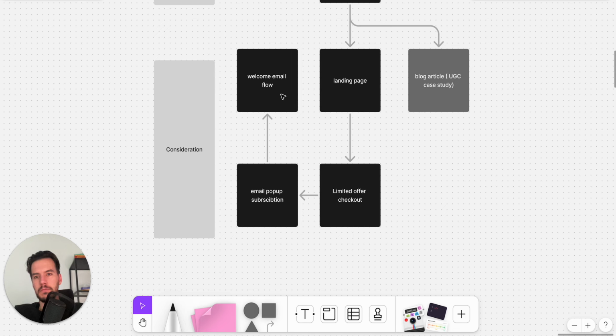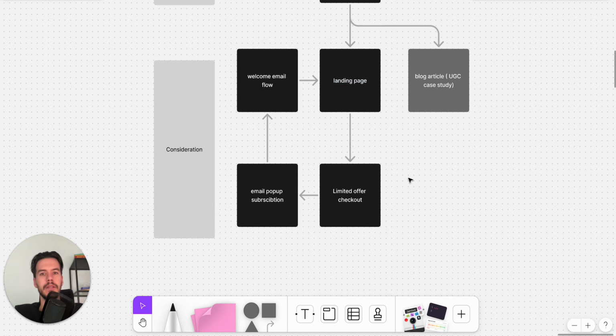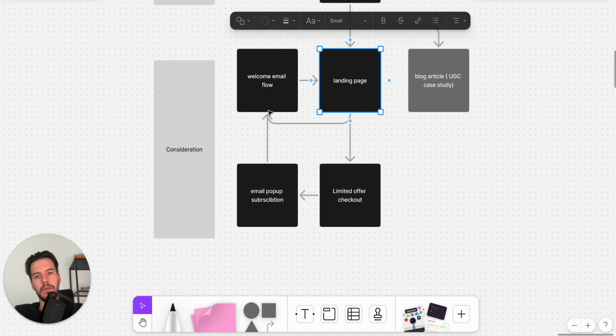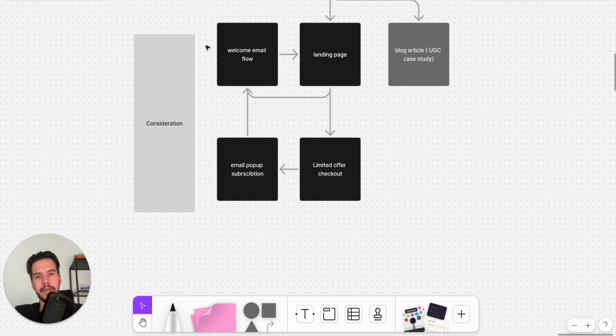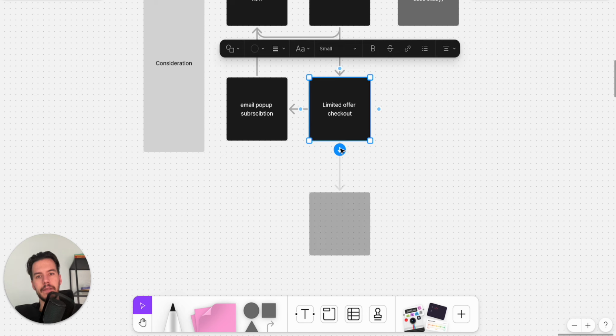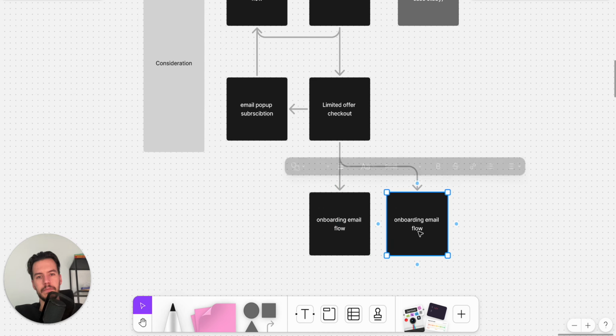and it can be 6 to 7 emails, and then from the emails you can also let them go back to the landing page. So if they're somehow not interested at that point, from the landing page or from the limited offer checkout, you can bring them back to the email flow, and then it can be circulating there. And as they purchase, after the payment they can have the onboarding email flow, and also you can have